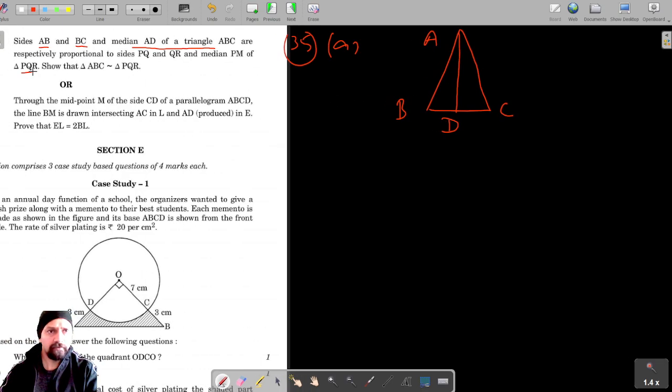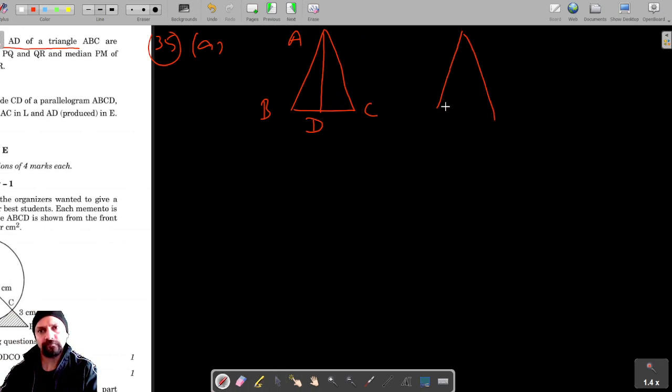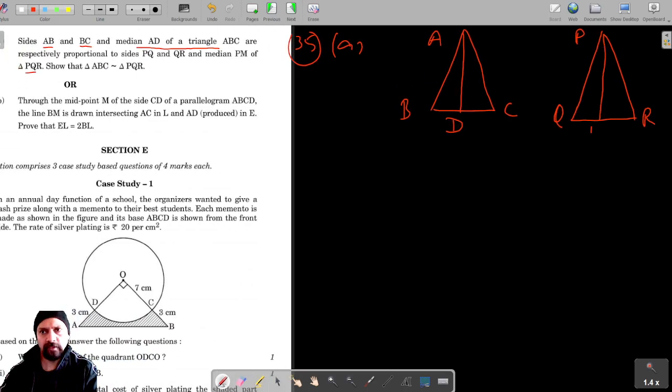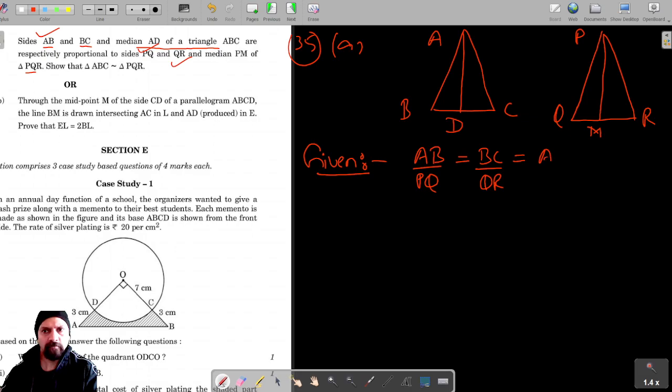And there is another triangle, which is triangle PQR, which has median PM. It's given that side AB and PQ are in proportion, side BC and QR are in proportion, and median AD is in proportion with median PM. Now we have to prove that